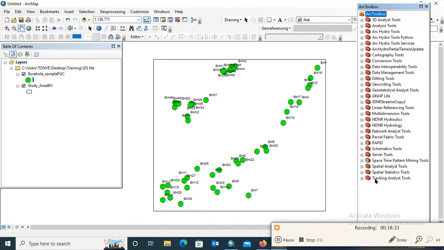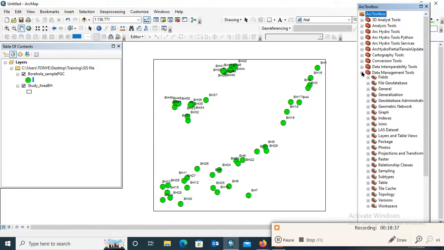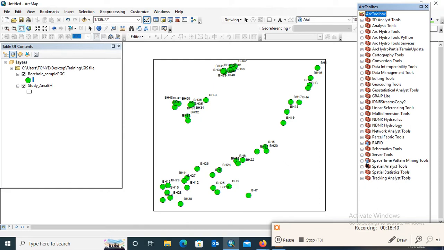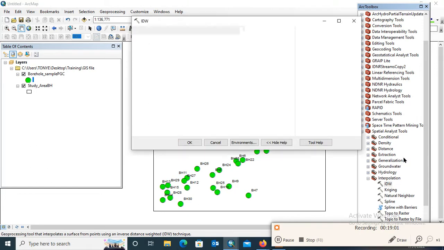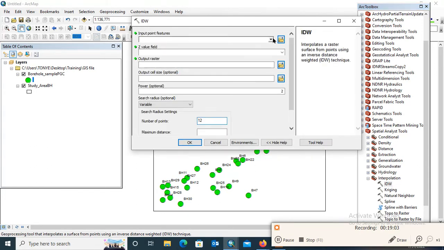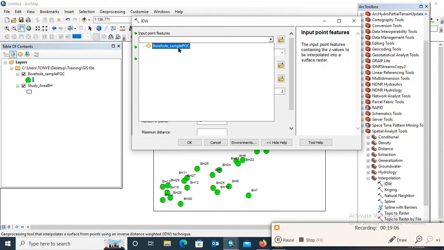So we come to spatial analysis tools, then come to interpolation. So we'll be using IDW, inverse distance weighted. Just a simple analysis I want to show you as part of the analysis map that I promised. So first you have to add the borehole